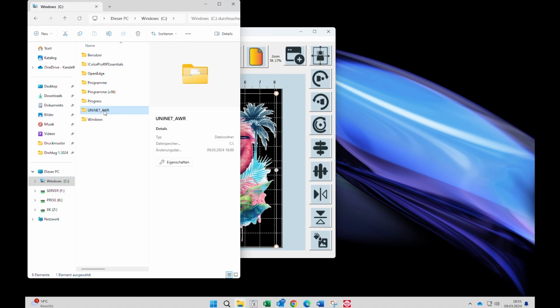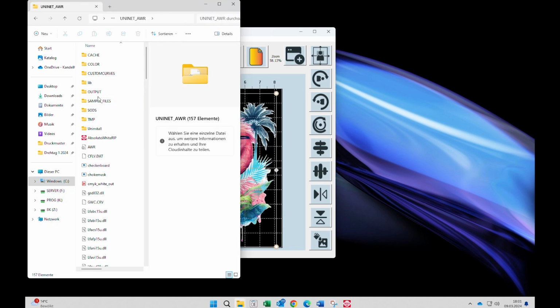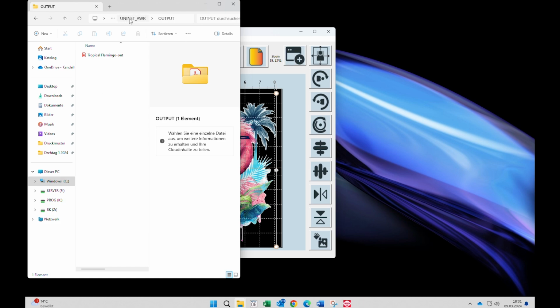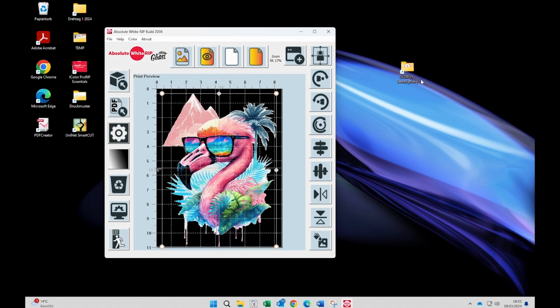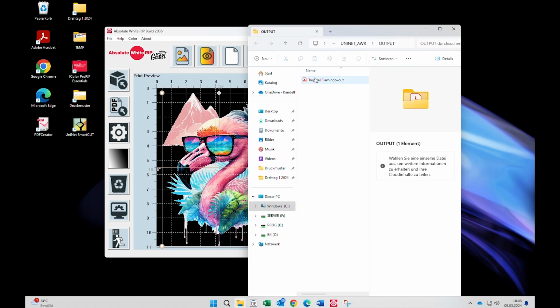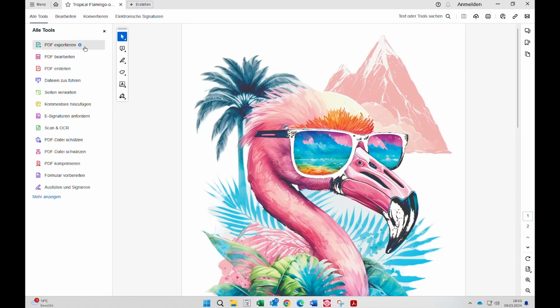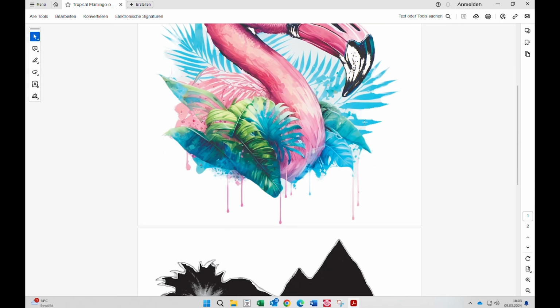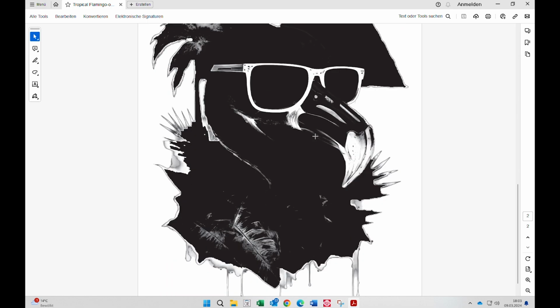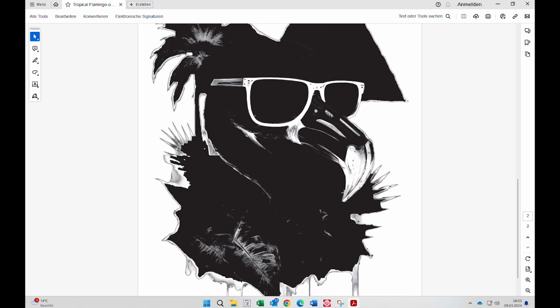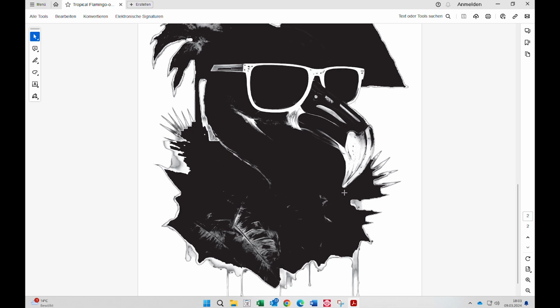You can find the output folder under C in the folder of the software and then under Output. I recommend to make a shortcut to your desktop for the output folder for easy handling in the future. Then you open the PDF file and you see the file that is prepared for double pass printing. So you can see the remove black feature and you can see on the second page the white layer, which is all black, to be printed with the white toner in the spot of the black toner.